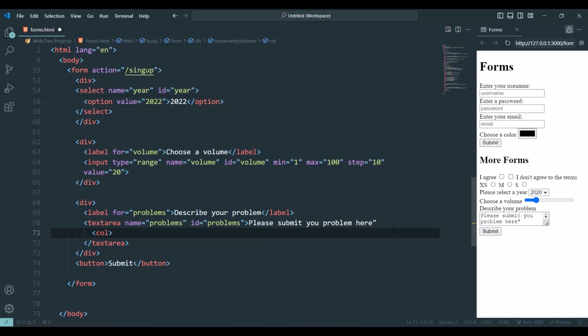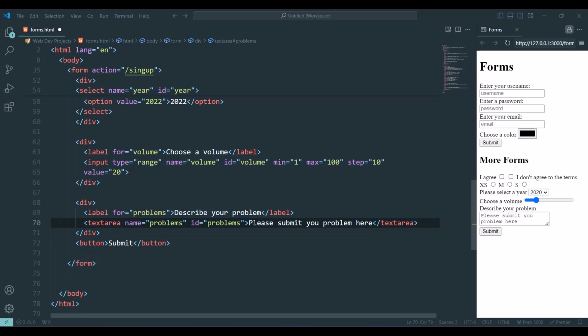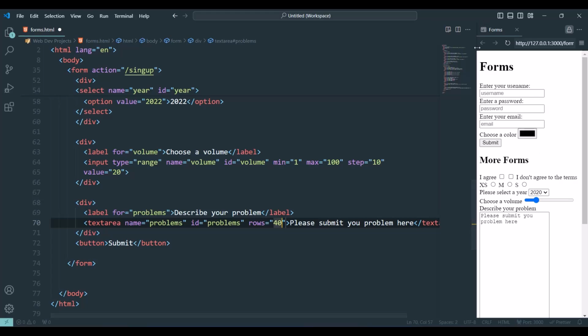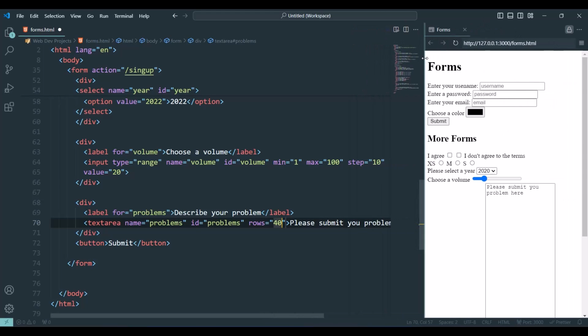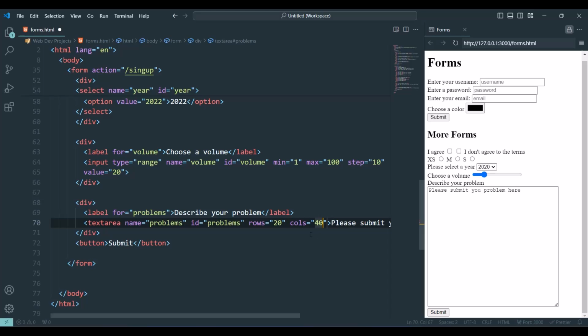Let's start with columns. So let's go before the text. Let's type here rows. Let's put 40. As you can see now the rows increased. Let's put 20. And let's also put columns. Let's put also 20 or 40. Now we have a bigger text area.